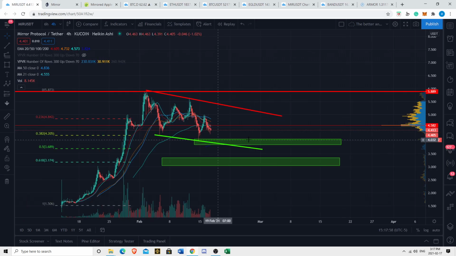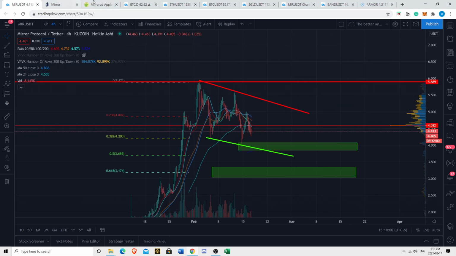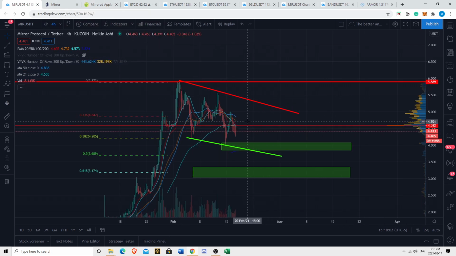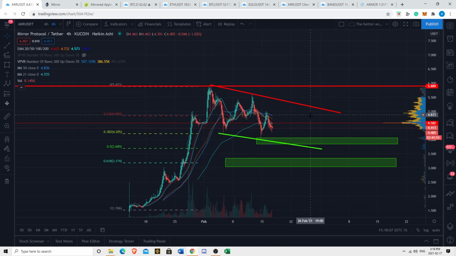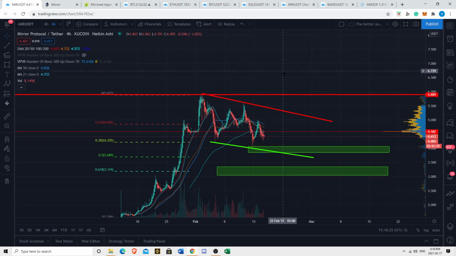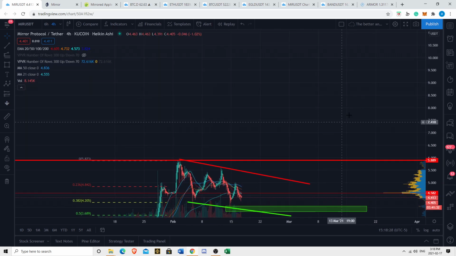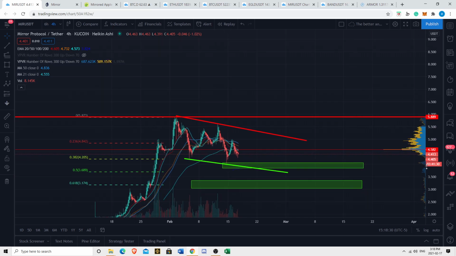Do your own research. These new coins can be risky, but I do see opportunity in this. Just to summarize and wrap things up for you folks, I think this is extremely interesting because it looks like a bull flag. Breaking above 460 tells me we have a good chance of testing this key resistance. If we break above this key resistance, that tells me we have a good chance of testing $6 all-time highs. If we break above $6 all-time highs, I think we see $8, $9 easy.